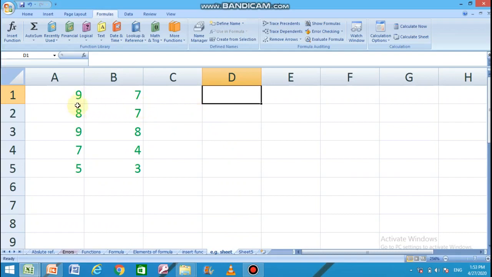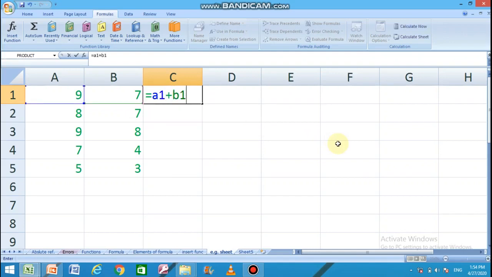If I want to add 9 and 7 together, I'll type the formula. 9 is in A1 and 7 is in B1. So I'll write A1 plus B1. Press enter. We have the addition result.